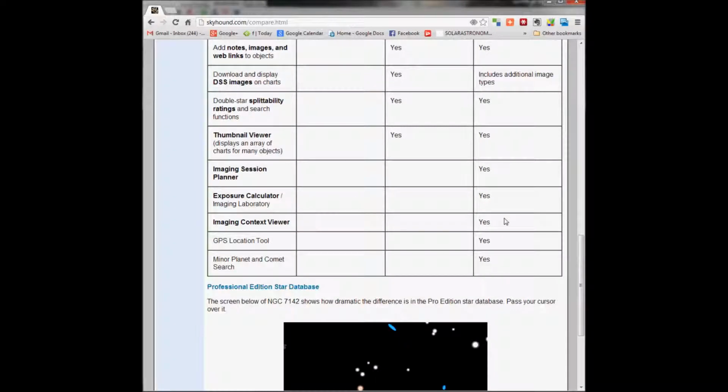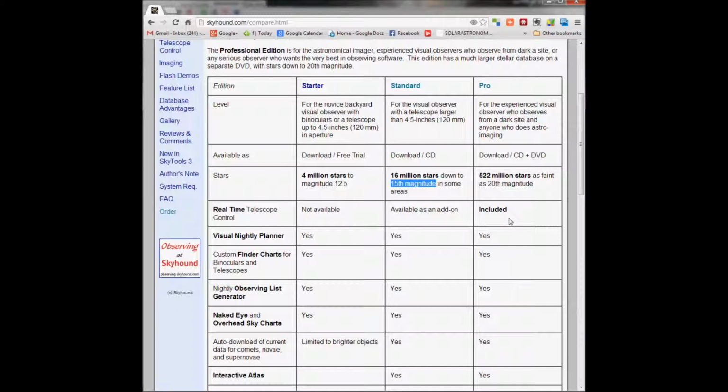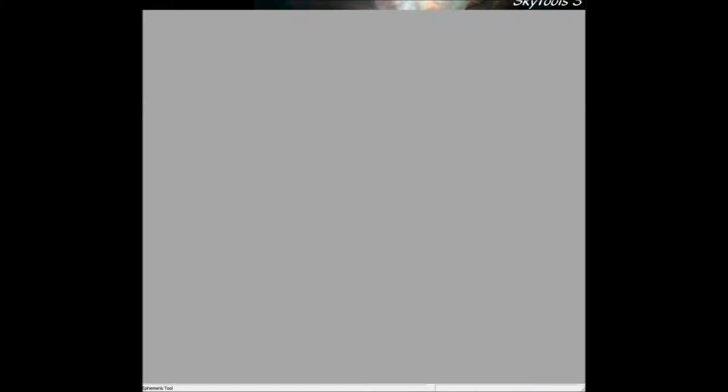And it has everything that your standard has, plus an imaging session planner, an exposure calculator, images context viewer, GPS location tool, and moving planet and comet search. So I really like the fact that they offer 3 versions, because what good is having 16 million stars if you only have, say, a 3-inch telescope? You're never going to use all those, which I do like the way it organizes. So let's go ahead and jump right on into